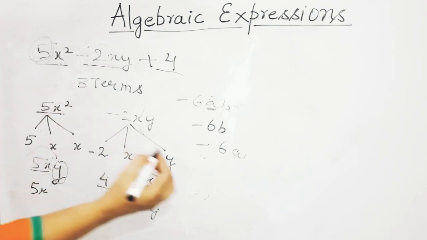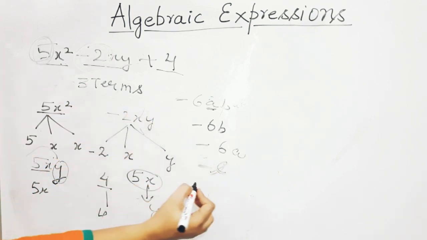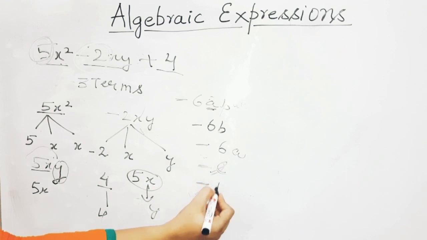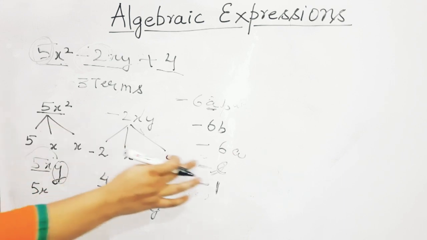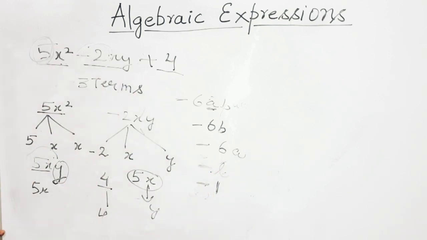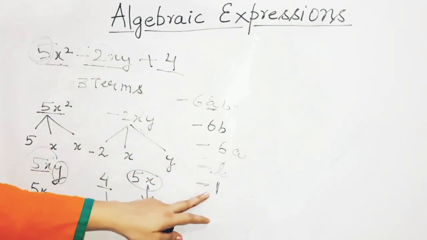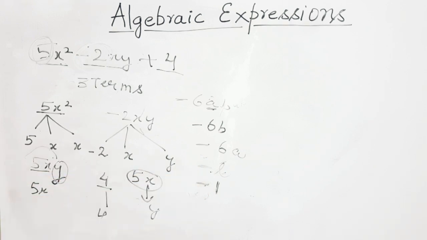If I talk about minus L, what is the coefficient of minus L? The coefficient will be minus 1. Not minus L, the coefficient of L. What will be the coefficient of L? Minus 1. Okay students? Because you must have multiplied L by minus 1 to obtain minus L. So this is how we define the factors and coefficients, and constants, they do not change, they have a